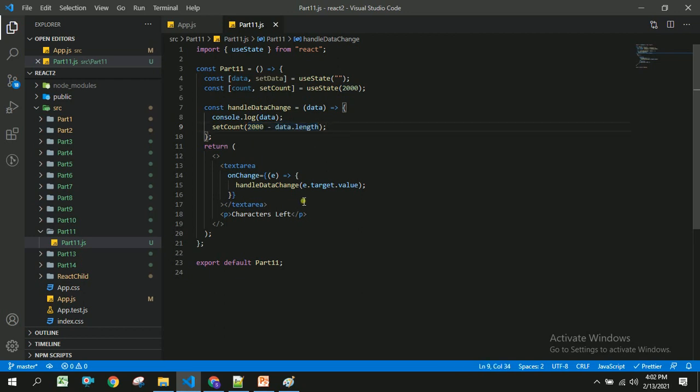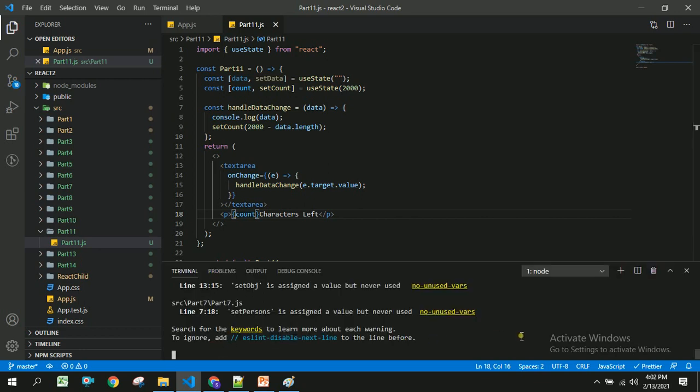Let us save this, and after this we have to place the count to be shown dynamically before characters left. Let us save this and check whether we are able to get the data or not.